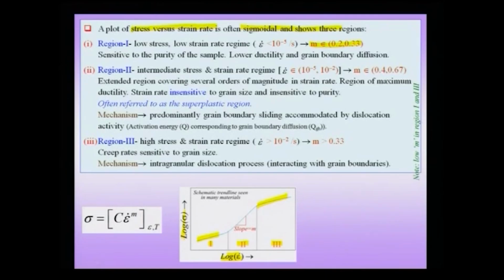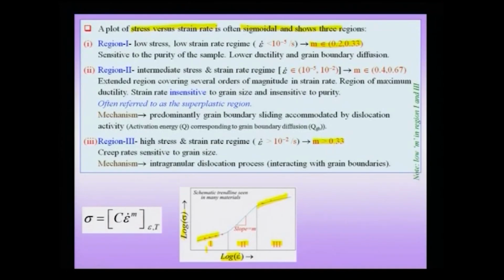Of course, the way of obtaining such a curve would be to do an experiment at a certain strain rate and find the stress for a given, fixed strain, and then plot the result of many such experiments in the form of a log strain rate versus stress curve. And if I do so, I would notice that there are three regimes. Region 1 where the strain rate sensitivity is small, region 3 where again the strain rate sensitivity is small,